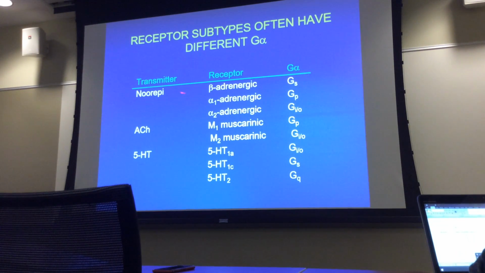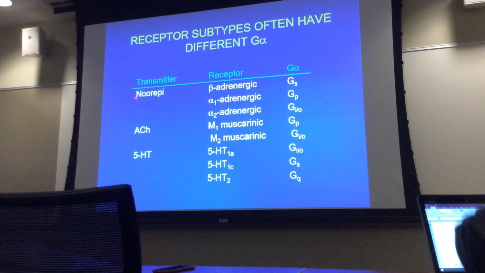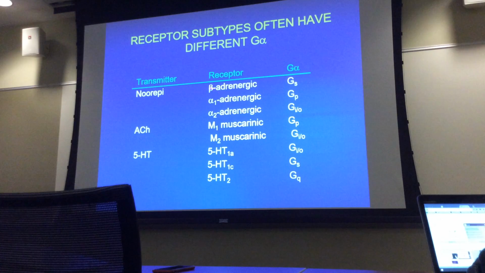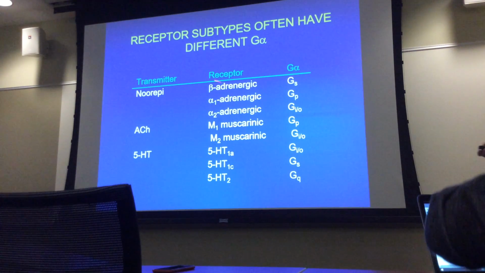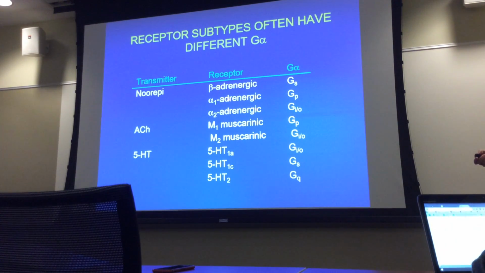So, norepinephrine, for example, which is misspelled there. It binds to the beta adrenergic receptor to stimulate cyclic AMP through GS. It binds to the alpha-1 adrenergic receptor to stimulate phosphoinositol turnover through GP or GQ. And it binds to the alpha-2 adrenergic receptor as a presynaptic autoreceptor. So, norepinephrine can be either a stimulatory neurotransmitter or an inhibitory neurotransmitter, depending upon which